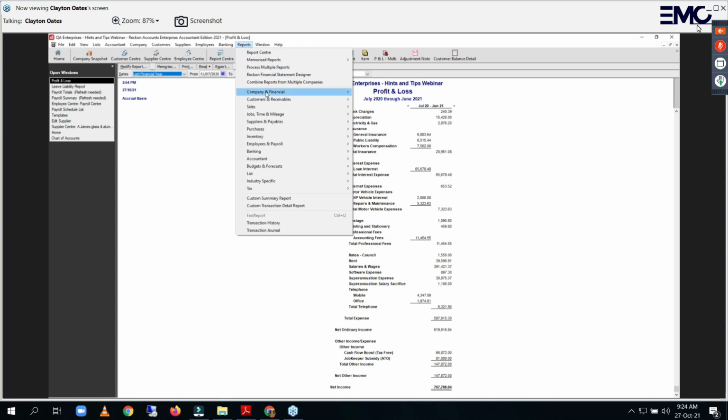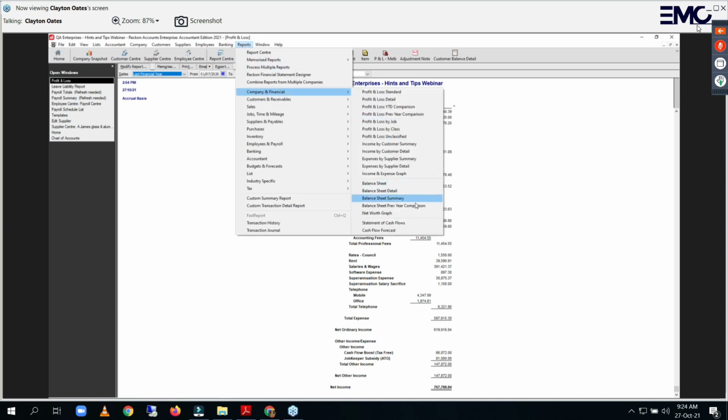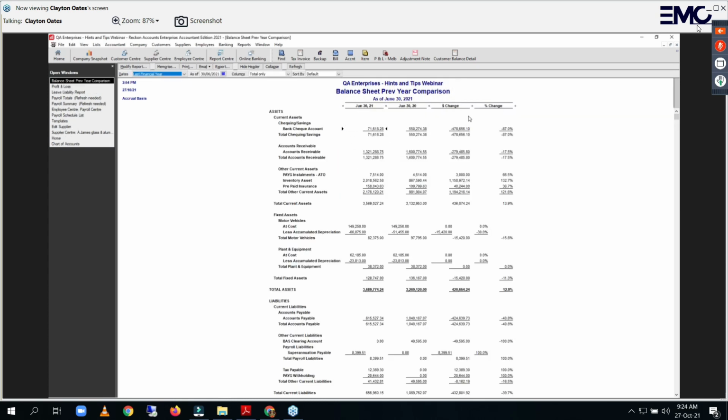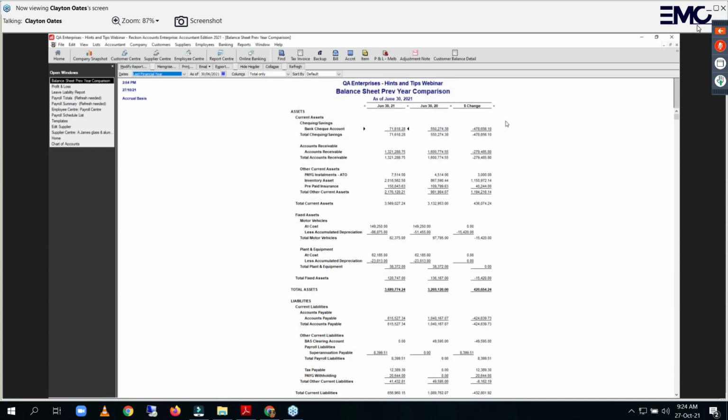So if I go to Reports, Company and Financial, Balance Sheet, Previous Year Comparison, and I look at last financial year, we've got these columns turned on: previous year, dollar change and percentage change. I'll probably turn off the percentage change. But the dollar change column shows, okay, if at June 2020 these were the final numbers. Hopefully they align to your accountant's figures, but in a lot of cases they don't because you haven't balanced your system to theirs. That's a whole other topic, but this dollar change column is the movement from one year